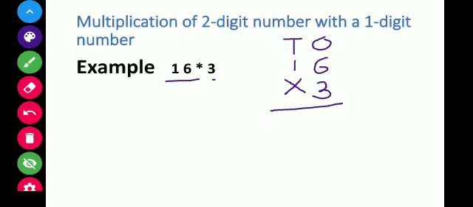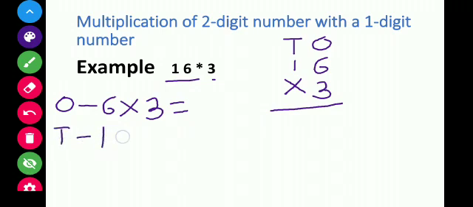Children, you have to read a table of 3 one by one, first with the ones place digit and then with the tens place digit. At ones place we have 6 and you have to read the table of 3, 6 times. That means 6 multiply 3 or 3 multiply 6. At tens place we have 1. We have to multiply 3 again with 1. Now start reading the table of 3, 6 times: 3 6s are, you can say, 18.